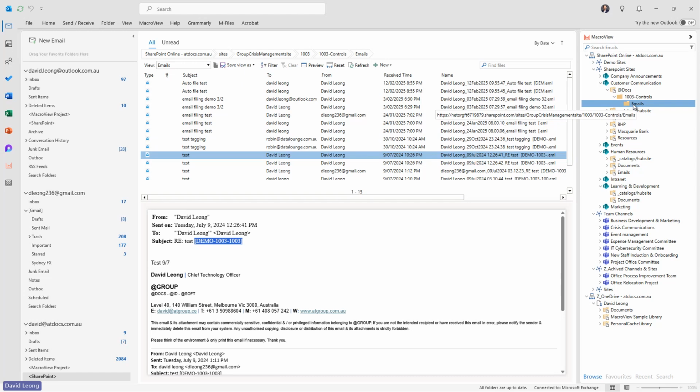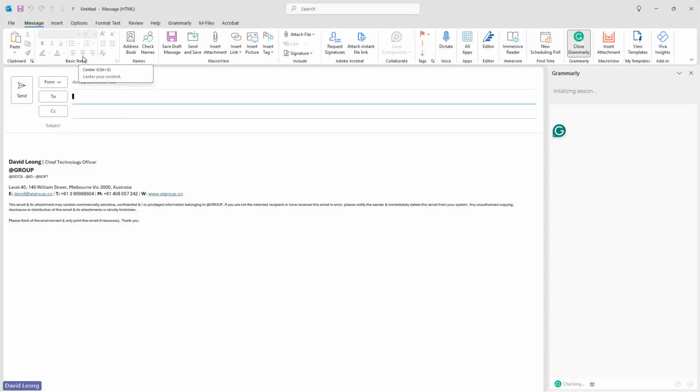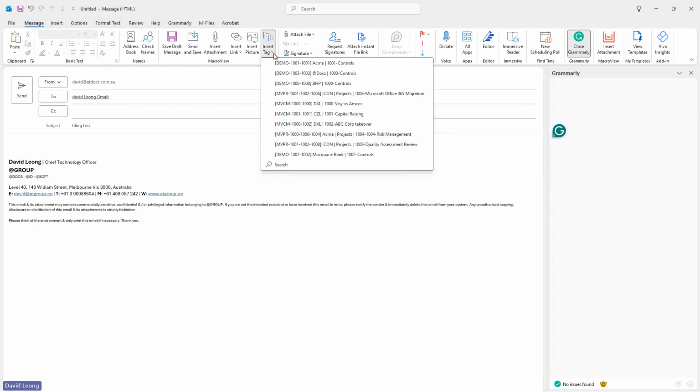And simply put, if I were to just demonstrate that, if I were to create a new email, send that to my Gmail account, call that filing test. I can add a tag, insert tag.